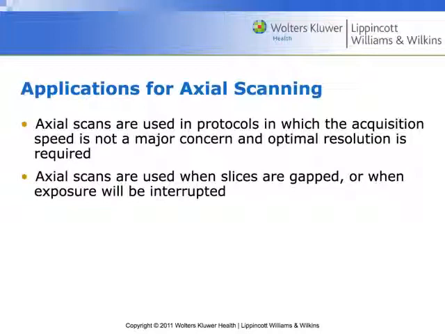So there still are applications for axial scanning with a multi-detector array. And we may use these with, for example, routine brain studies if we need to tilt the gantry. We will almost, for nuke med and for radiation therapy applications, we will never scan axially. An axial scan is pretty much useless from the standpoint of treatment planning for radiation therapy,